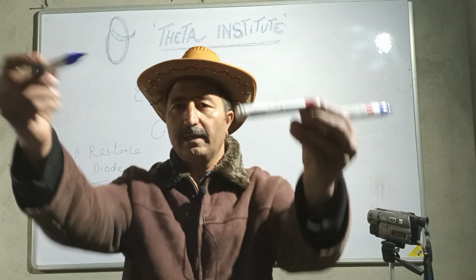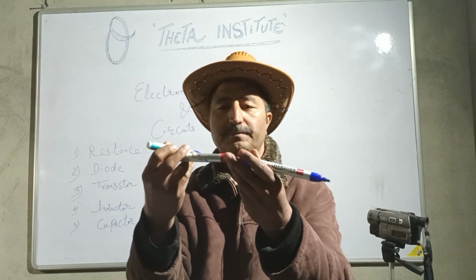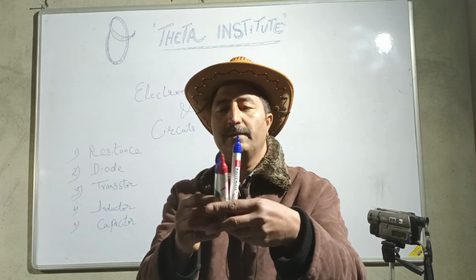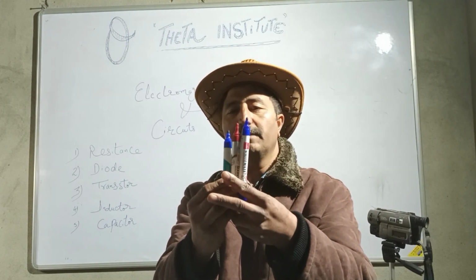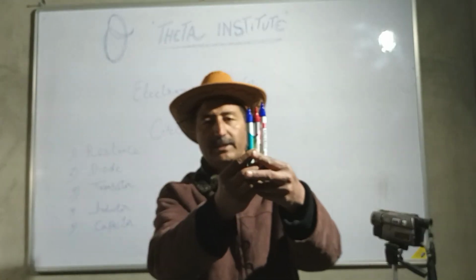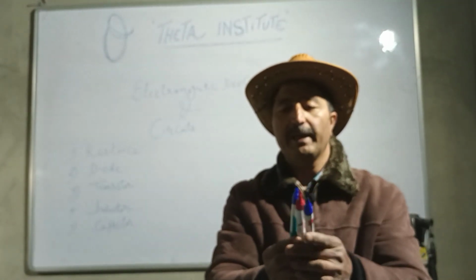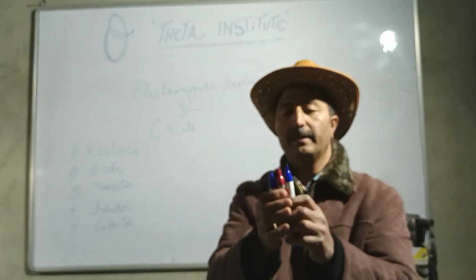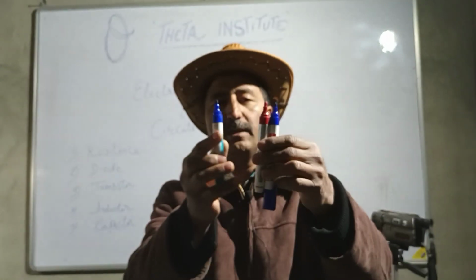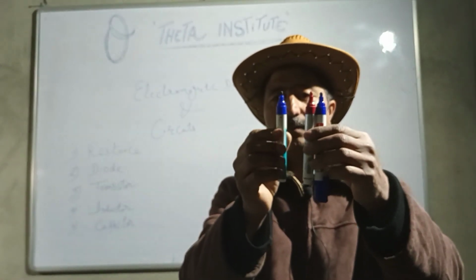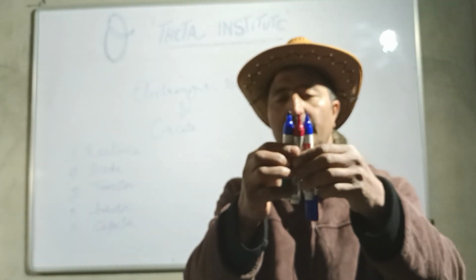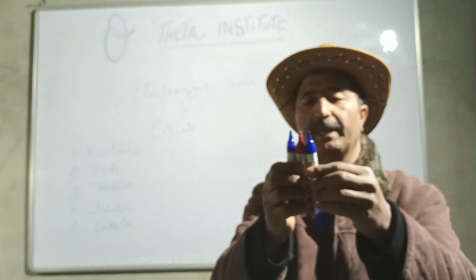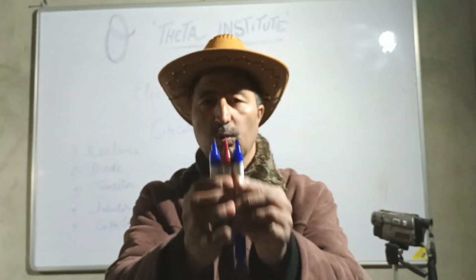If this is green, N, this is red, P, and this is again N. N, P, and N. This we may take as a transistor made by connecting NPN in this way. So as this junction is N and P junction, then the connection between P and N is PN junction. So two junctions are